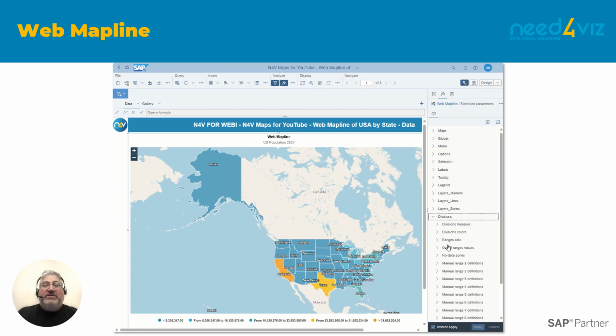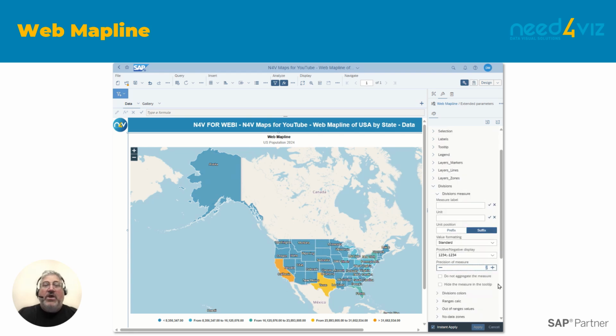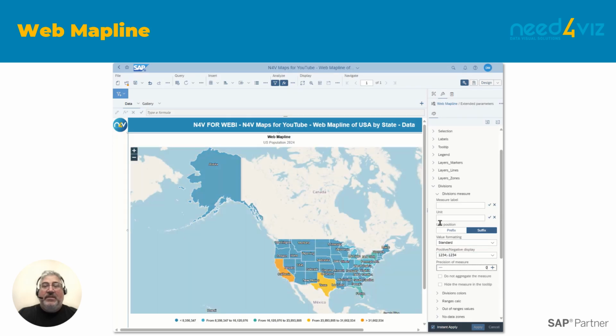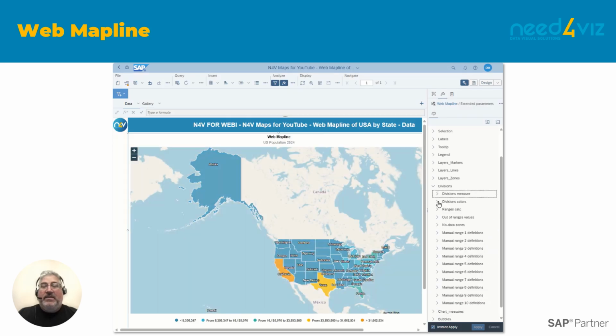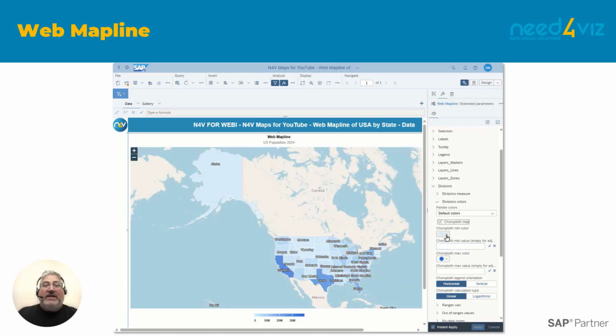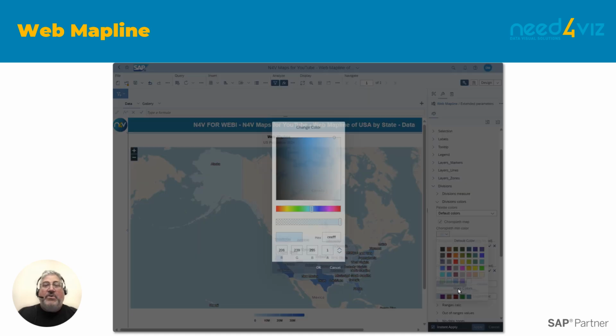So I'm going to move down to the divisions parameters to set the precision of the measure, which will affect how population is displayed on a tooltip. I'm also going to select a choropleth gradient, which will override the color palette selection that I made in global parameters.